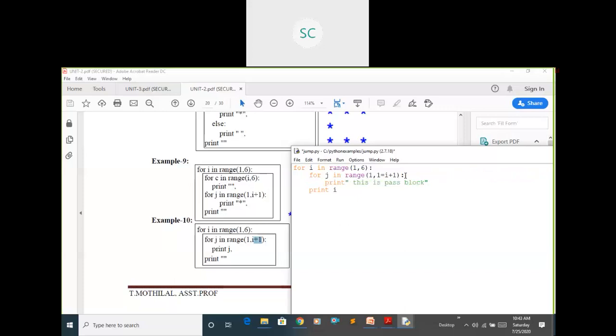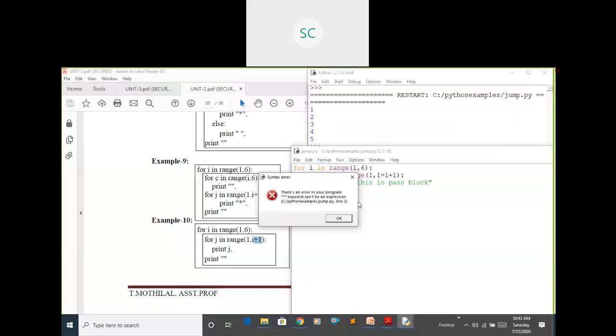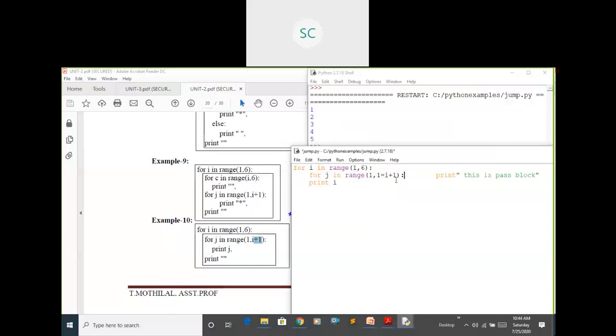Suppose I'm not following indentation and I give some space here. If you try this output, you are getting some error here, right? You need to follow the indentation process here. I'm going to print the j value here, instead of stars. Just I'm going to print j here.